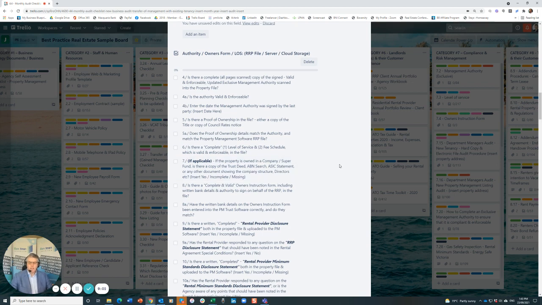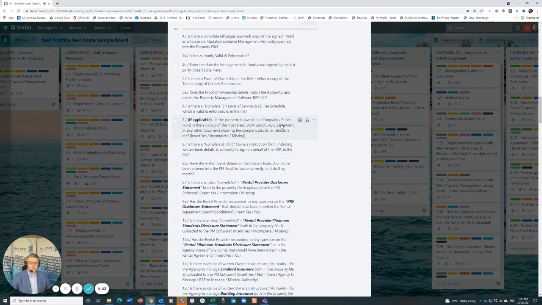completed correctly. If the property is owned in a company or a super fund, are the right details sitting in the file? So is there an ABN search? Have you done that? And that's a free search you can do on Google. ASIC search. Is there a trust deed? Have you got the ABN? Is all of that sitting up there? Do you know who the directors are? So all of that needs to be applicable. Now, it needs to be entered. It's only applicable for companies, super and or trusts. So if it's a private entity, not relevant, you would just check that off as being complete because it's not